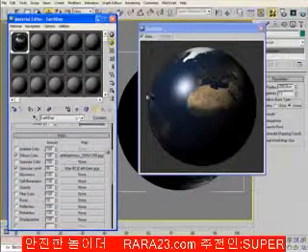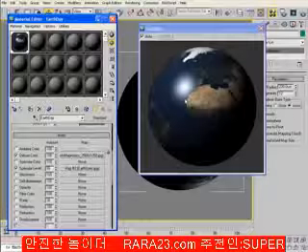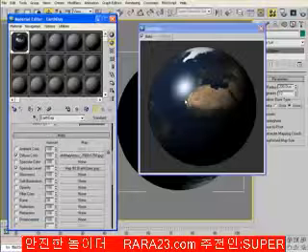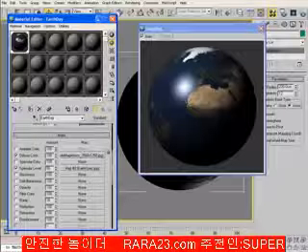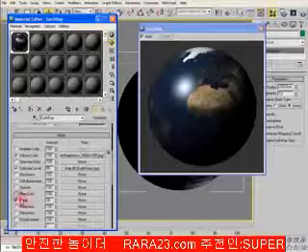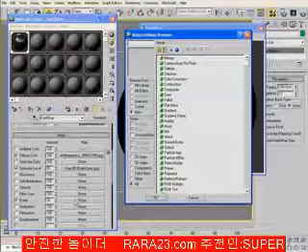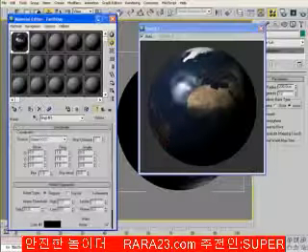Now what we need to do is we need to give this ocean surface some sort of meaningful texture that is representative of an ocean that has a bump texture to it. So we're going to use bump. We're going to click on the bump and highlight or click on the map, and we're going to use noise. So if we click on noise, you'll notice we immediately have this